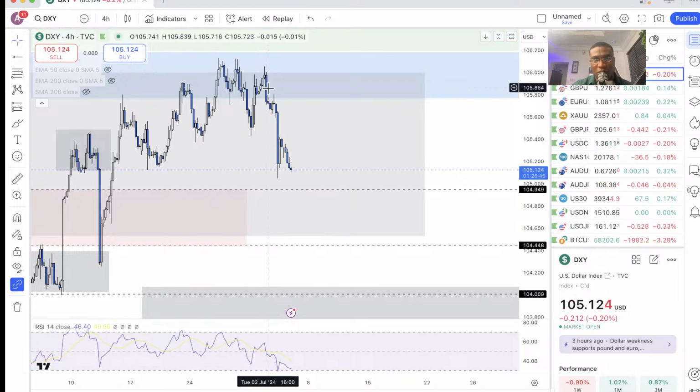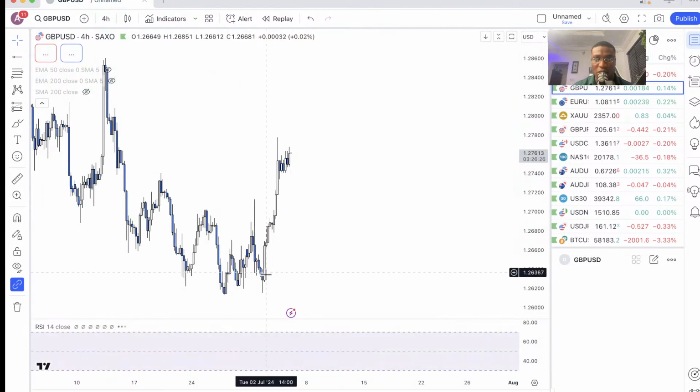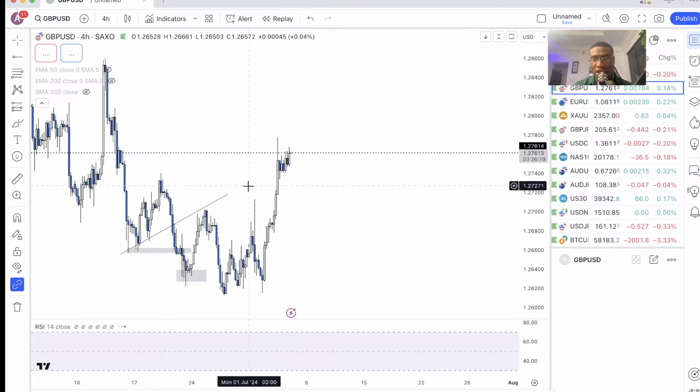the dollar has been trending downwards, right? From the 2nd of July, 2 days ago. We're just going to use that. I could still go to the daily time frame and show you guys, but let's just use this one. If I go to GBPUSD, right, and show you guys recent price action, you'd see that it's going upwards from the 2nd of July, 2 days ago as well. So you can see the correlation.